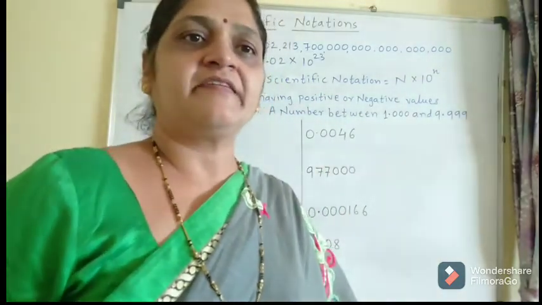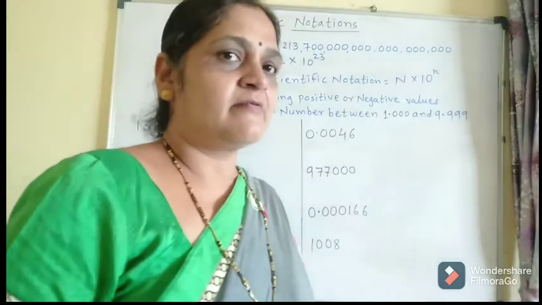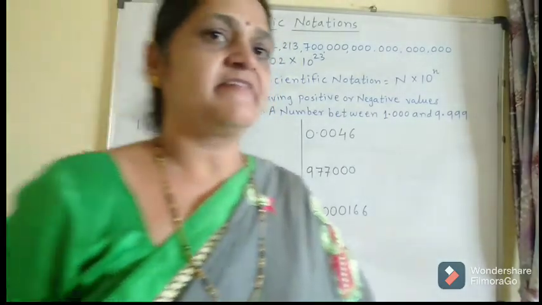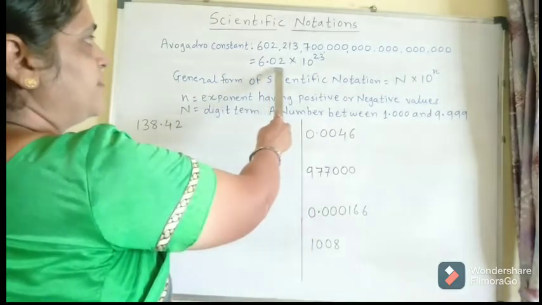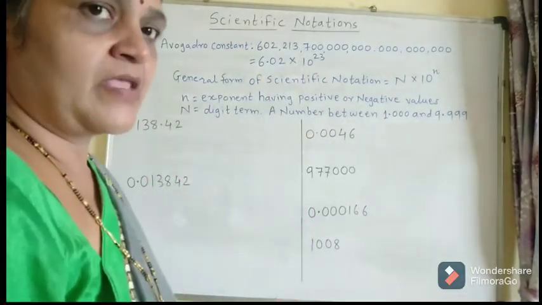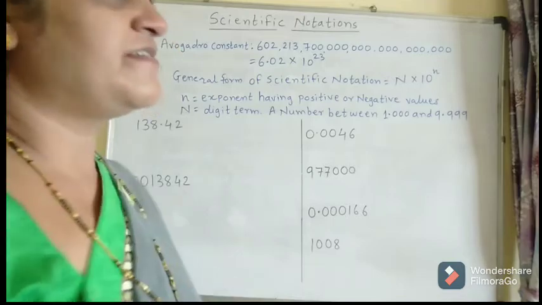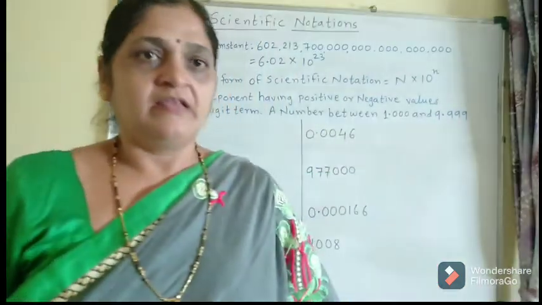It is very difficult to write, right? For every practical or theoretical calculation, we are not able to write this number in detail. Therefore, we convert it into the exponential form like 6.02 into 10 raised to 23. Now, this exponential form is very convenient to use for practical and theoretical calculations. Now let us see what exponential form is and how we can convert a number into scientific notation,